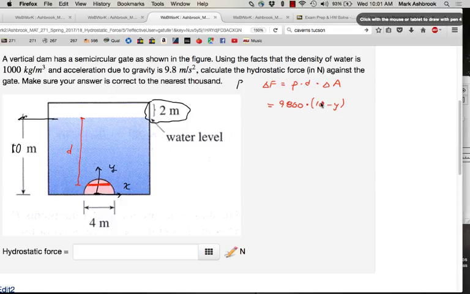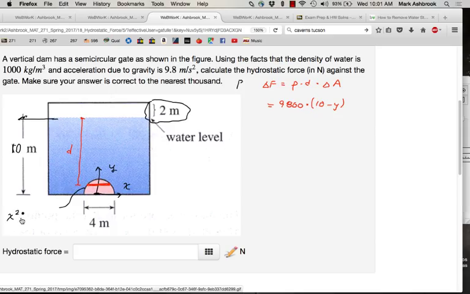So now we got the area. Area for a strip is always the rectangle, so what is the width of this strip now? According to our equation of the circle, it's nice and easy now. The equation is